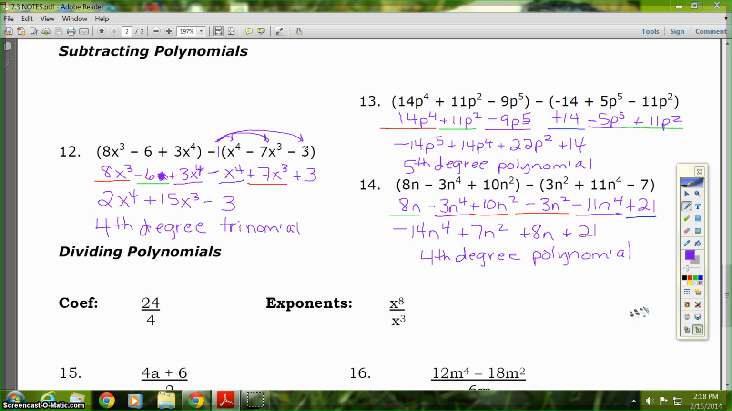Okay, so adding and subtracting polynomials is going to be very similar to combining like terms. And with subtracting, you're going to use the